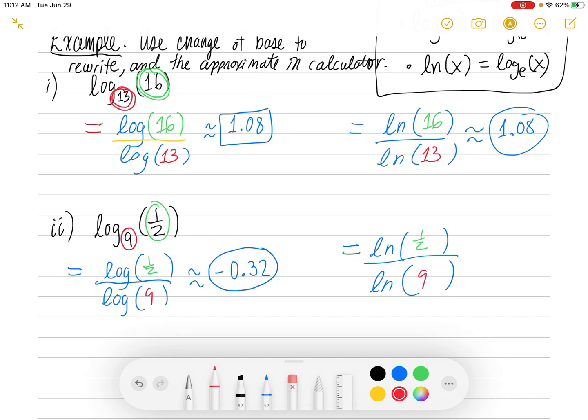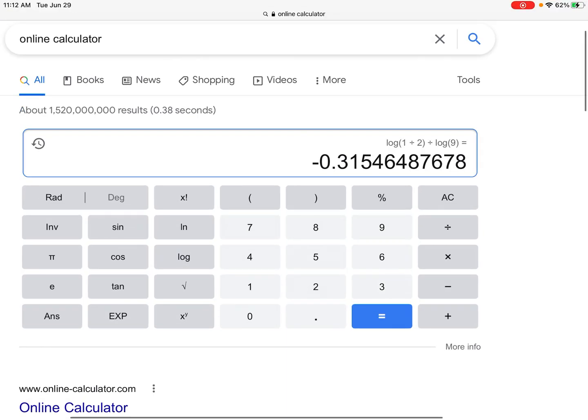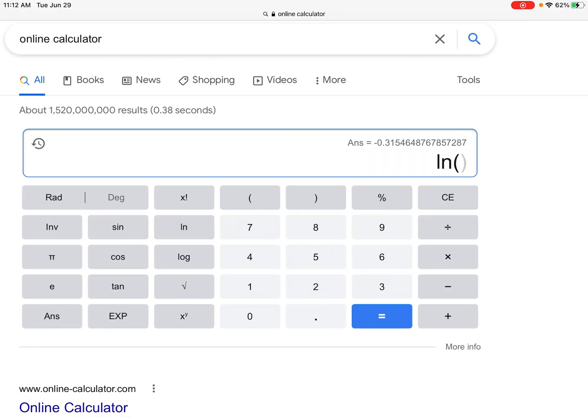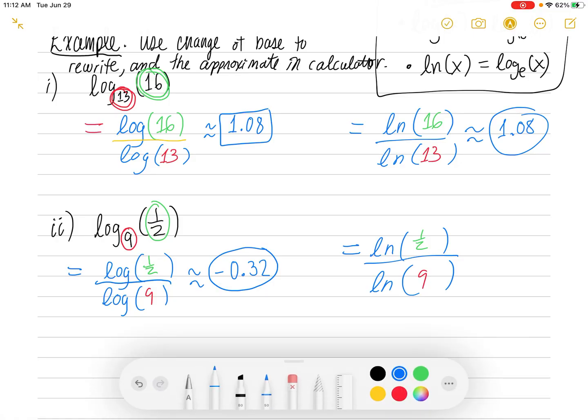Okay, let's do that the other way, where we use the natural log, just to see that you can do it this way as well. We do the natural log of 1/2 and then divide by the natural log of 9. So we're doing a different logarithmic base, base e. Let's see how it works in the calculator: natural log of 1/2, 1 divided by 2, close parentheses, divided by the natural log of